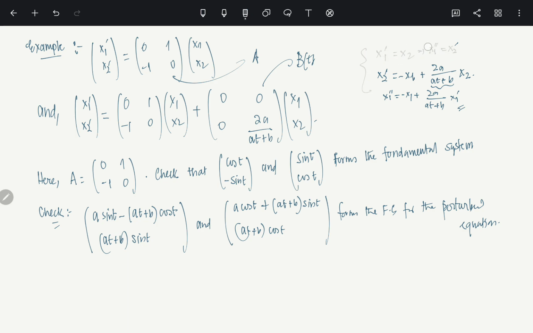So what I suggest is that you please check whether these two form a fundamental set of solutions for this perturbed equation or not. You just have to check it yourself. Just put it in directly and calculate. You can see that these two form it. Okay, now